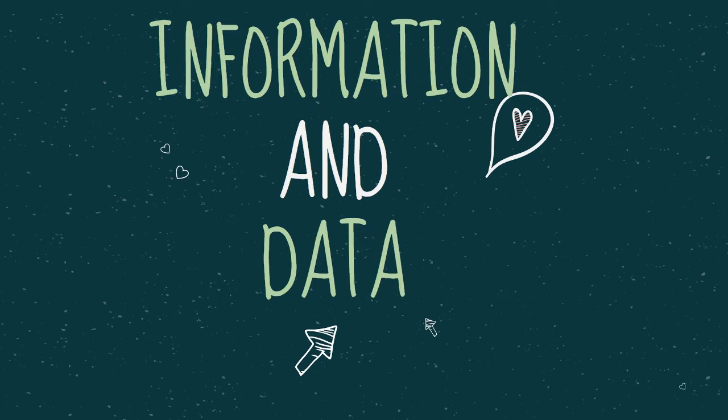Next is the difference between information and data. Data are simply facts or figures, bits of information, but not information itself. When data are processed, interpreted, organized, structured, or presented so as to make them meaningful or useful, they are called information. Information provides context for the data. For example,